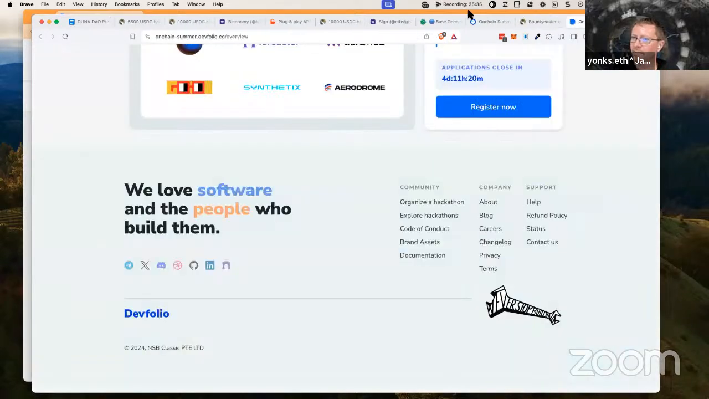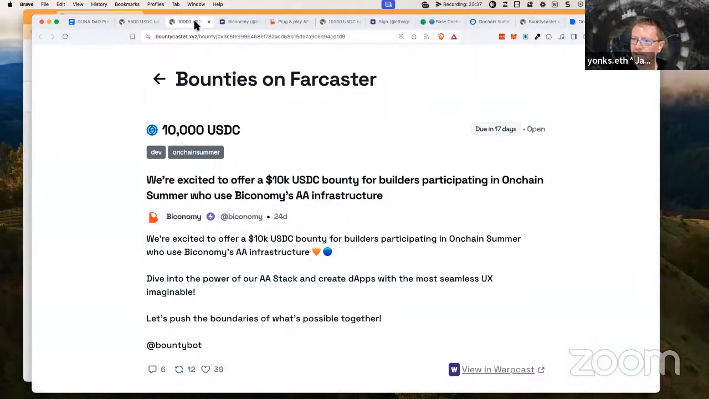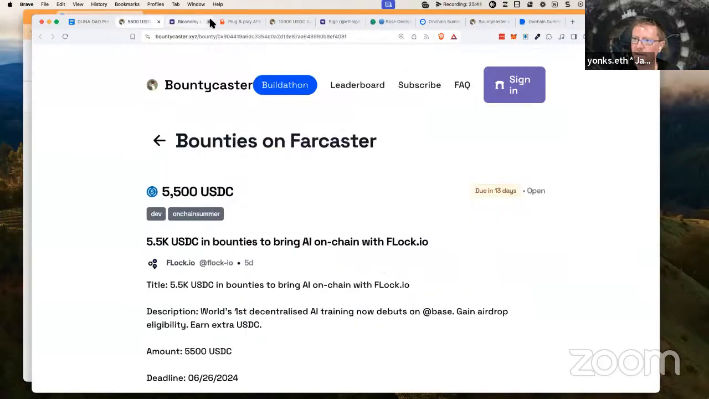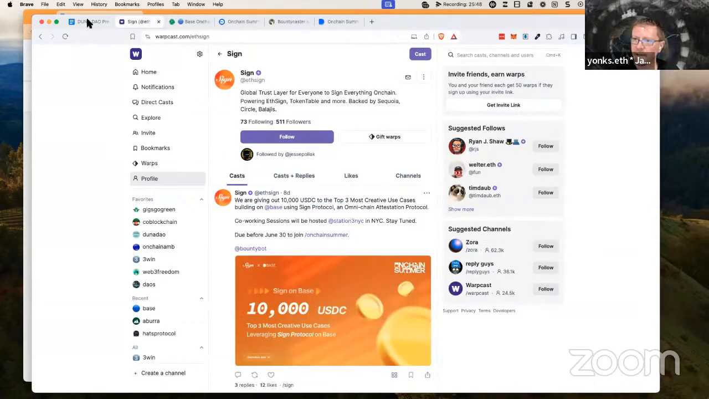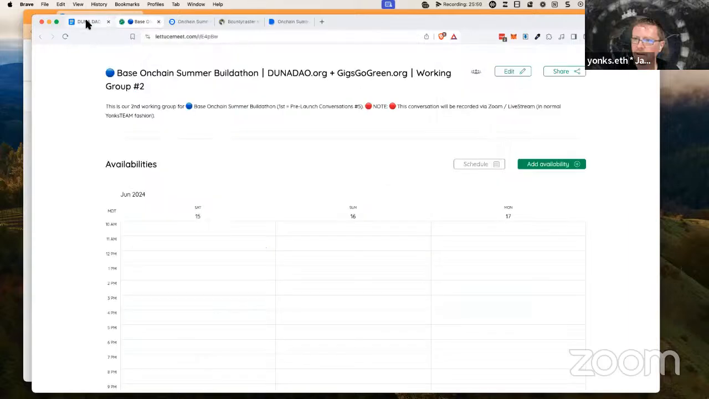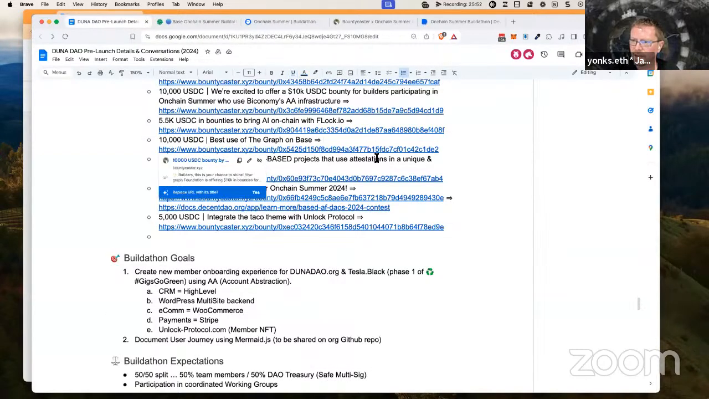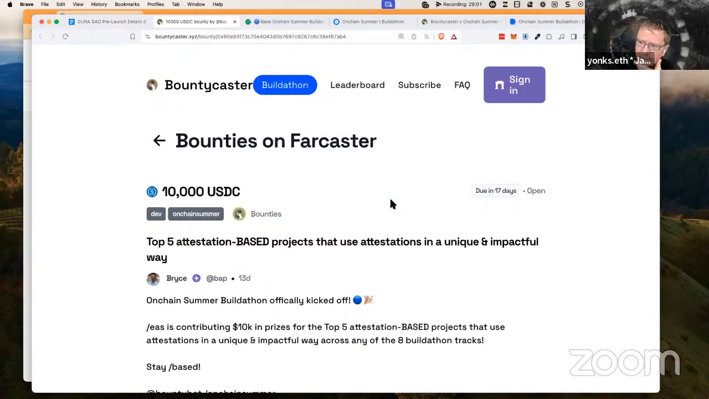So I'm starting to get Windows scope creep here, so I'm going to close some of these windows down. So we talked about the Biconomy account abstraction. Close this out. I just talked about the AI with Flock. So moving down the list, the other one that I put was, and this is probably more interesting,